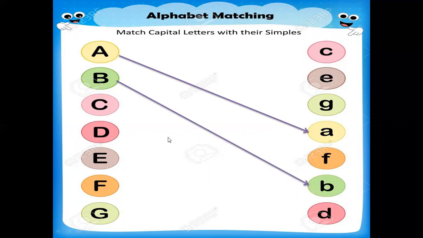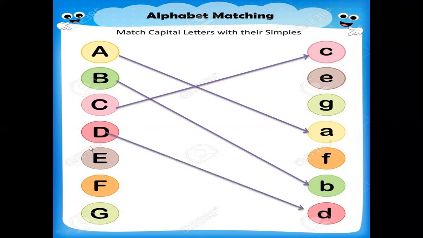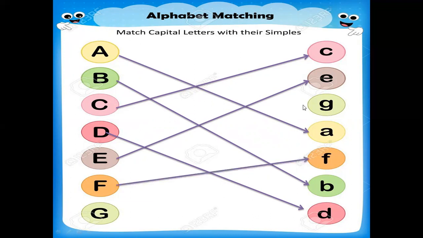You all are familiar with these letters because you have learned them many times, okay? Now letter C, where is letter C? It's just like a C. Here is D. Where is D? Can you find it? This one is D. Match it with letter D. Now E. E is just different from the capital letter. Look here, this one is E. You will match the capital letter with the small letter. Now where is F? This one is letter F. Well done. Now the last one is G and this one is G. Well done. You do it correctly.